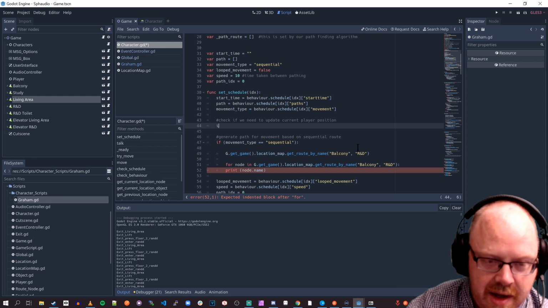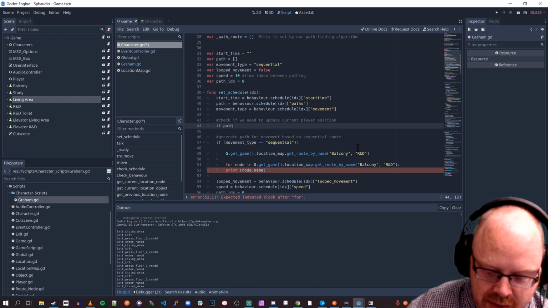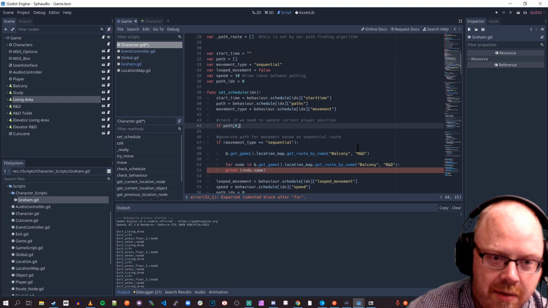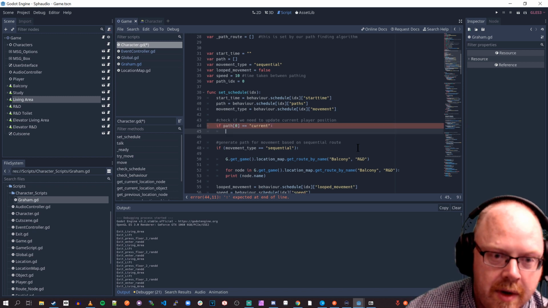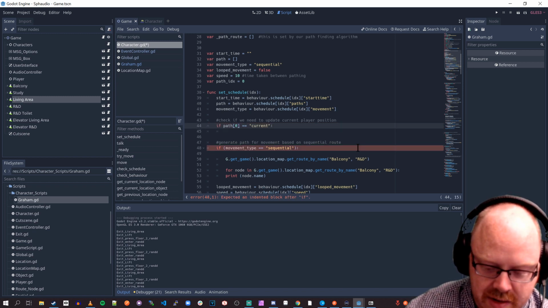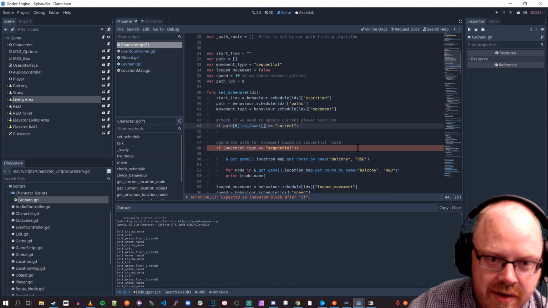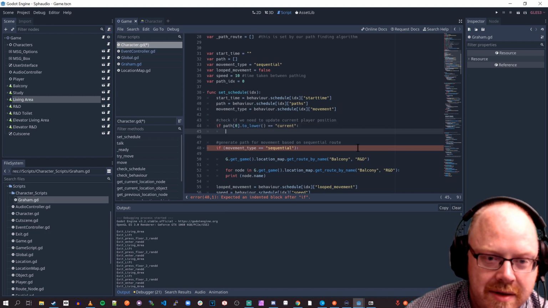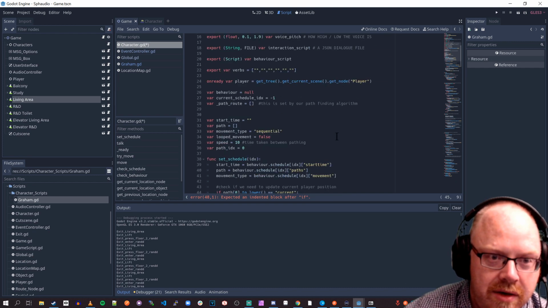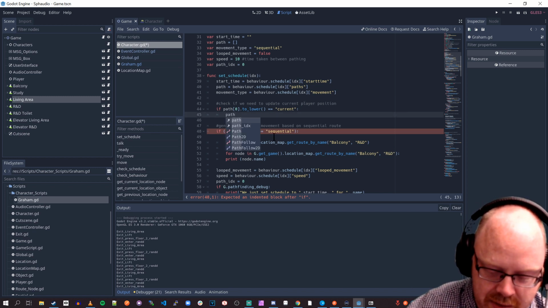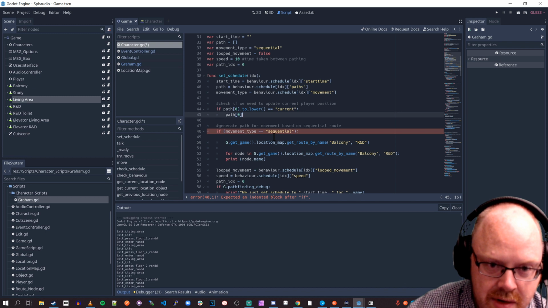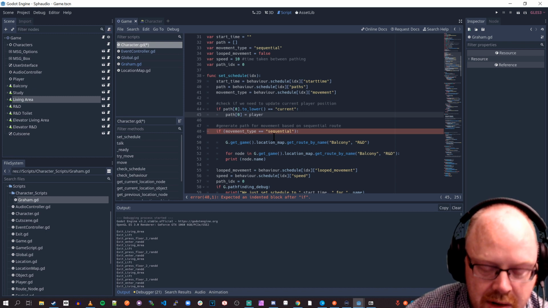So if path 0, like our first option in path, is equal to current, and we're going to do a, is it to lower? Make sure it's lowercase. If it's current, then we want to actually use player. So we want to update path 0 to player dot,